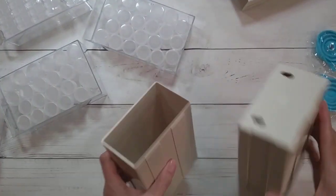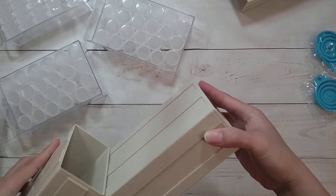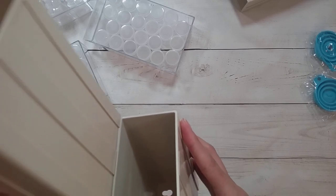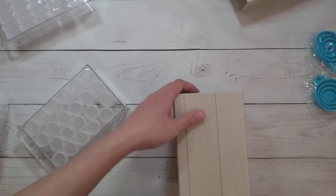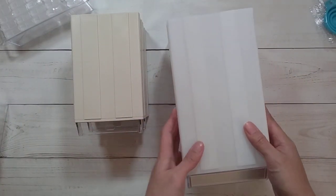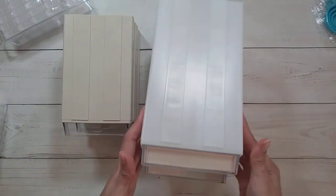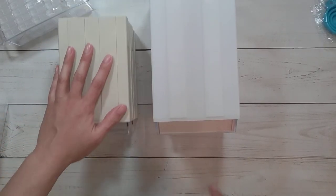But like I said, I have this in a bigger size from a different store. If you wanted to see the comparison and how big they look compared to that, I have it right next to me. I'm just trying to put these together so you can see the comparison to my other set that I have that's similar to this. So these I got from Amazon, and so they are much bigger. There are a lot more bottles in here. But if you want something smaller, these are actually